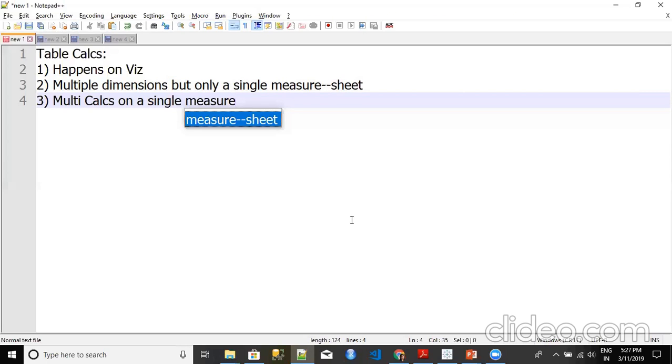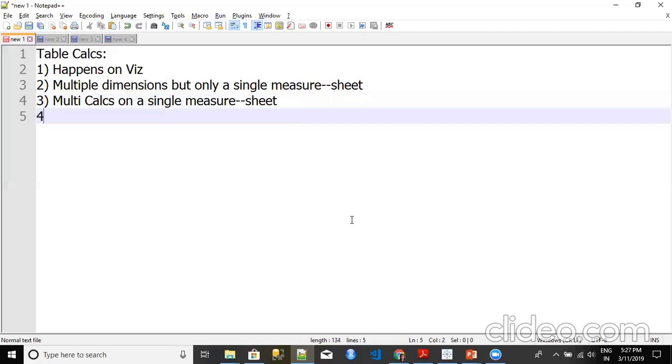You can't put your sales year-over-year and your profit year-over-year on the same sheet. That's not possible. Can we have, for example, sales for years and sales for months and sales for weeks on a single sheet? Yes. Okay. So once we have done the table calculation, the measure